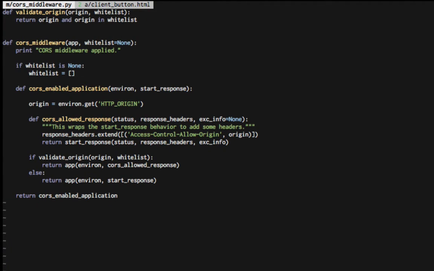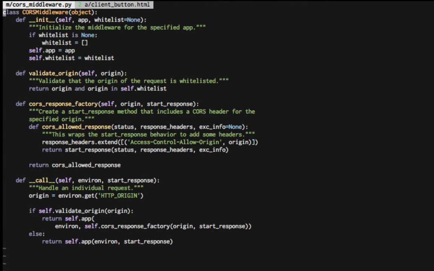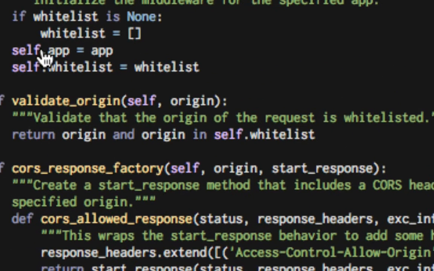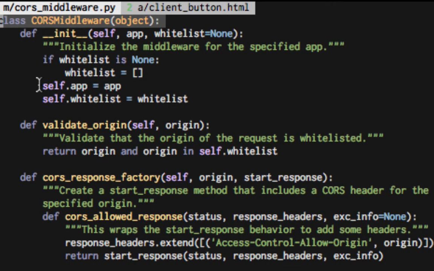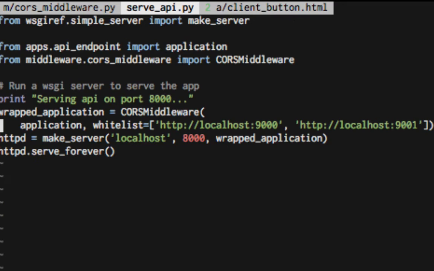So, bam. Now I have this CORS middleware class. So I'll show how we instantiate it again too. So now, really the only difference here is I capitalize some letters when we import it. And